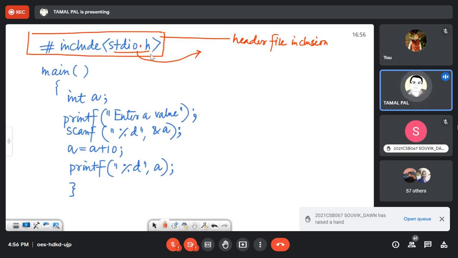It contains prototypes. You will not understand prototypes right now because I have to explain functions in detail. It contains prototypes of the standard library functions.